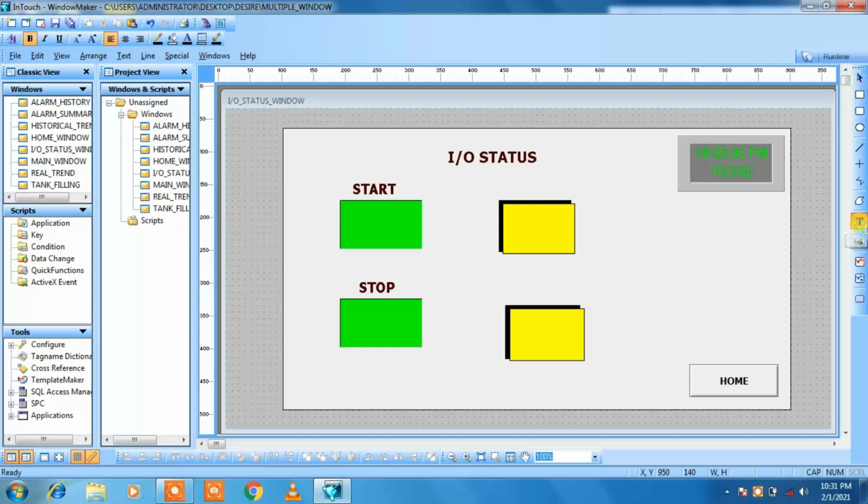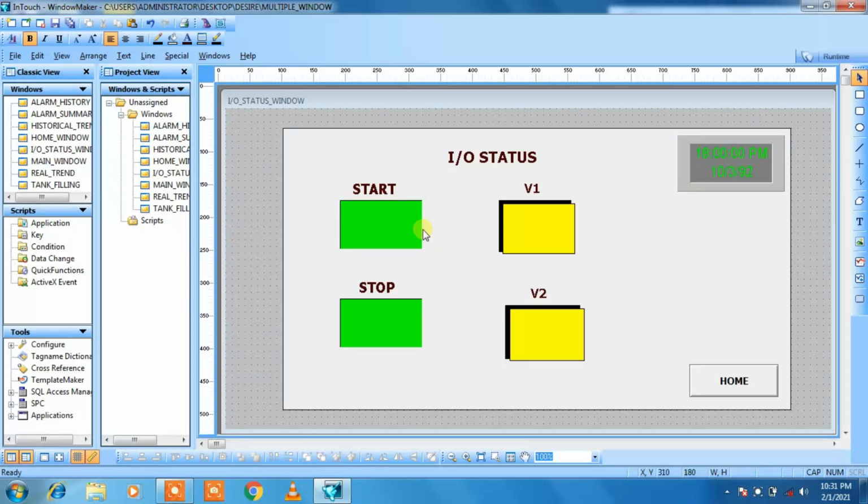Go to the text and give the name as vol1. Let us increase the font size of vol1 and arrange it properly. Then again go to the text and give the name as vol2. Then increase the font size. Again I need to increase it. Let us arrange it properly.